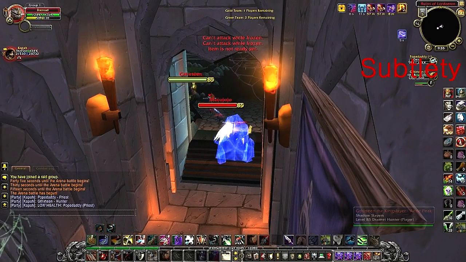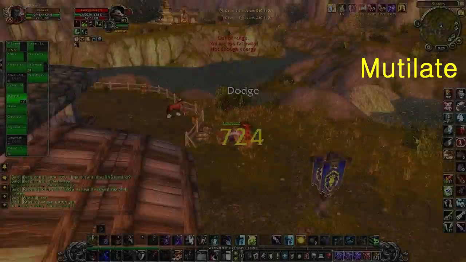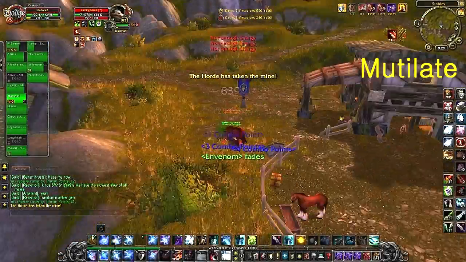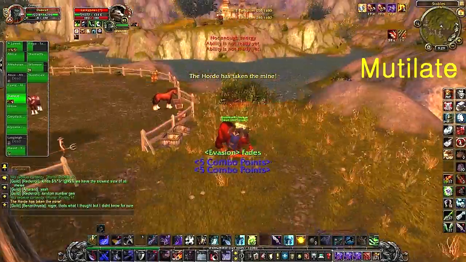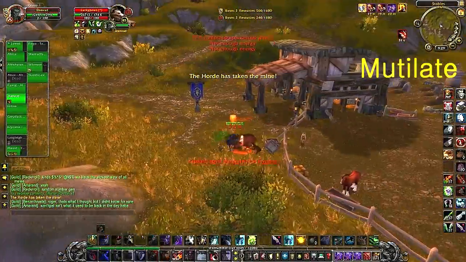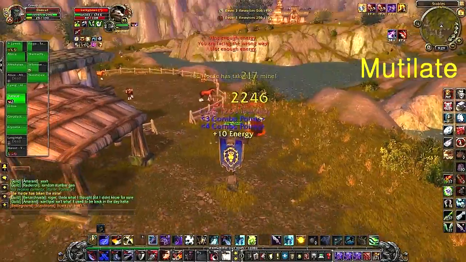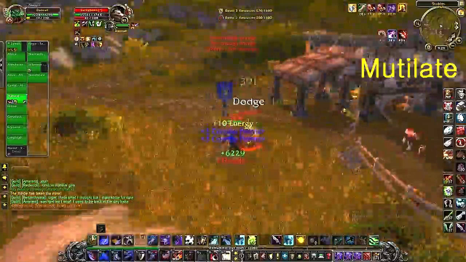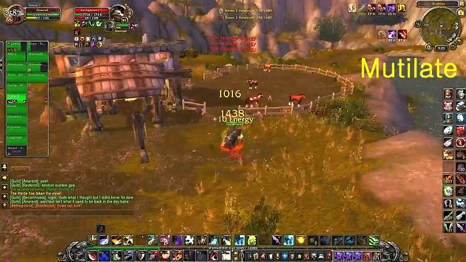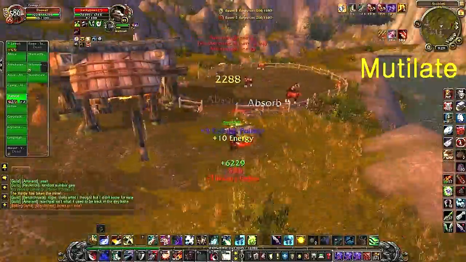I find Subtlety is more of a burst and survivability spec, where Mutilate is much more sustained damage, and you're going to get more damage over a longer period of time than you would with Subtlety, because Subtlety relies on short bursts, while Mutilate relies more on keeping your bleeds up and just letting that damage roll. And Subtlety definitely wins in mobility as far as moving around and catching up to people,